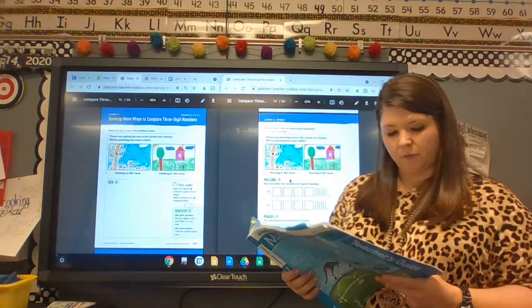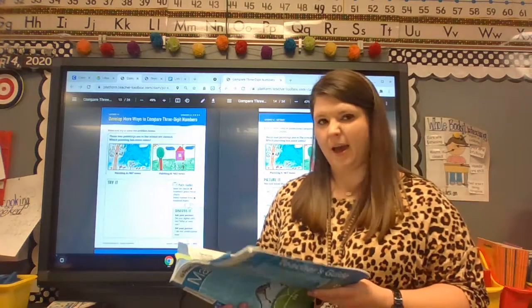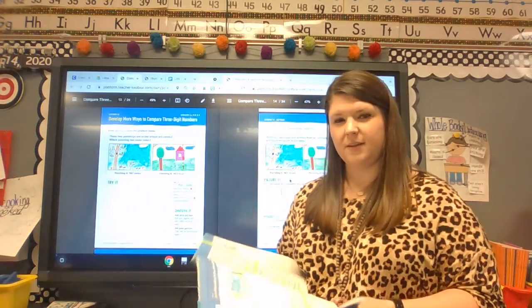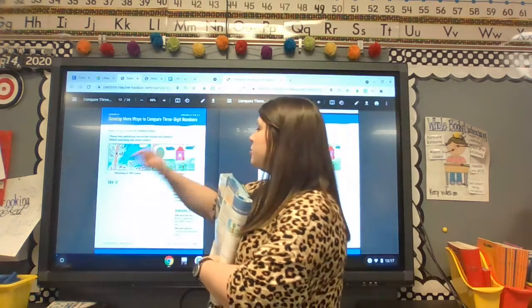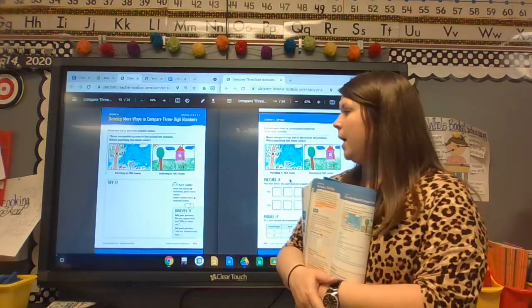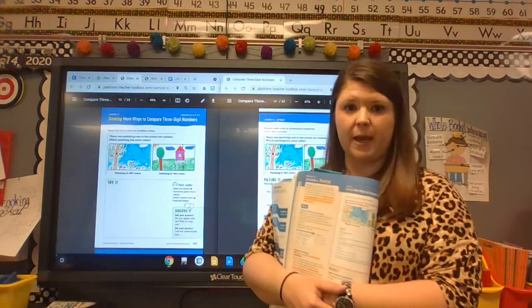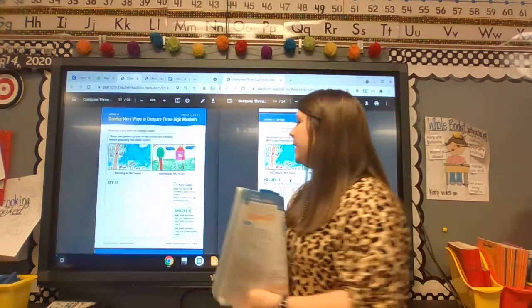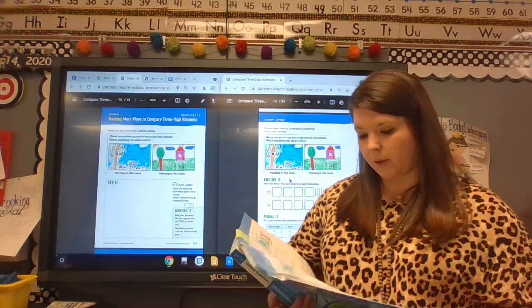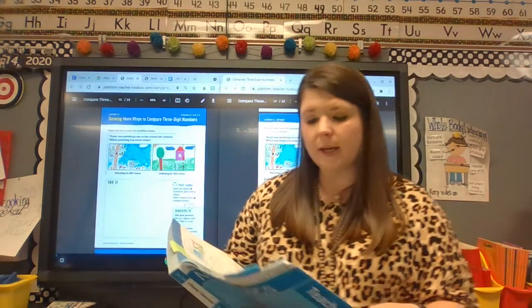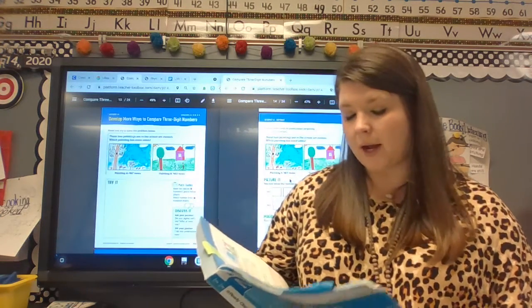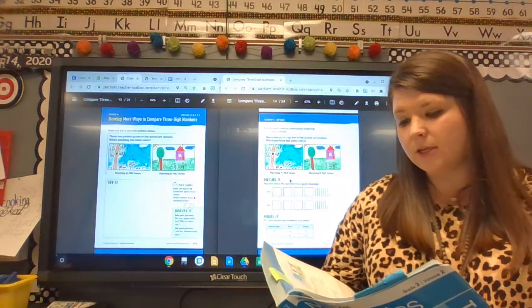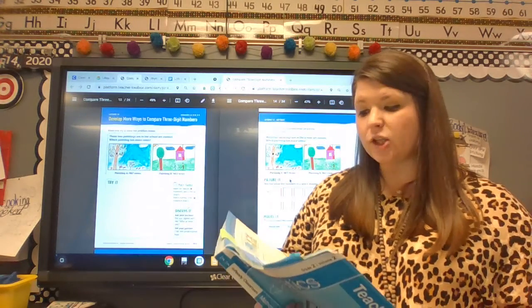All right, so how many votes does painting A have? Painting A has 467 votes. How many votes does painting B have? 463 votes. All right, let's read it again to see what we need to find out. These 2 paintings are in the school art contest. Which painting has